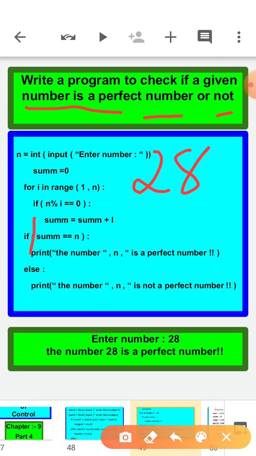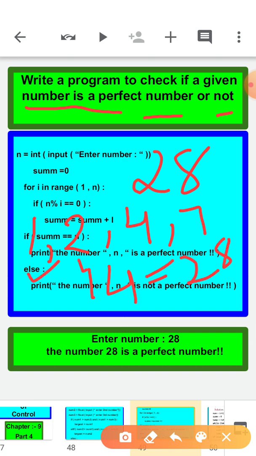So it comes in the 1 table, the 2 table, at which table does it come in? It comes in the 3 table, no, the 4 table, 5, 6, 7 table. After that it comes in the 14 table. 4 plus 2 is 6, 7, 7 plus 7 is 14, 14 plus 14 is 28.